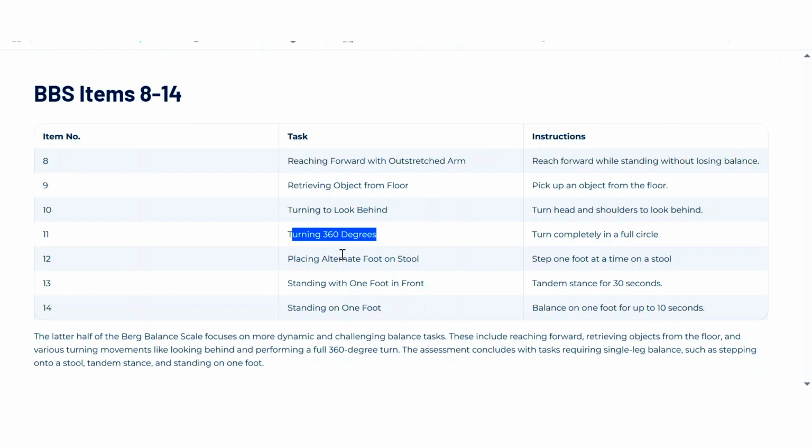Now, you can just instruct the patient to step one foot at a time on a stool: one step up, then this foot goes down, and then the other one goes up, then this down, then up, then the other down, the other up. This is how you can tell the patient to place one foot at a time on a stool or any of the steps you have present there.